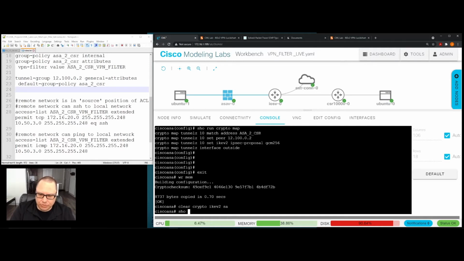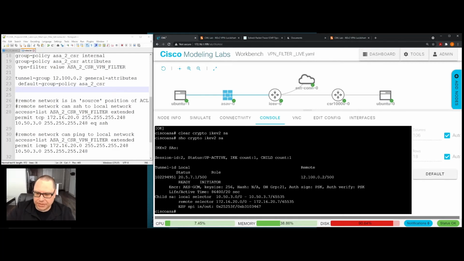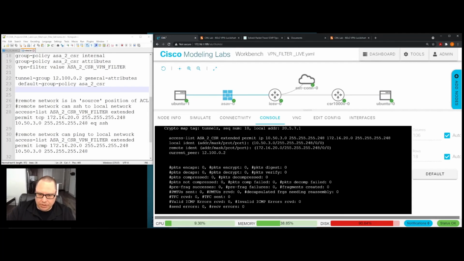If I do show crypto ikev2 SA, the tunnel's back up because I sent interesting traffic, which was enough to build the tunnel. We can see here it negotiated. That's phase one. So show crypto IPSec SA, and then